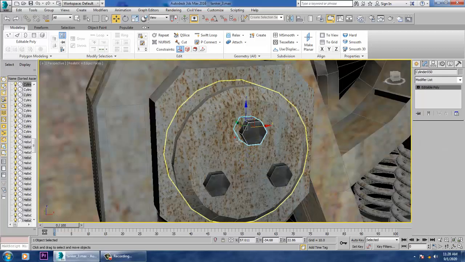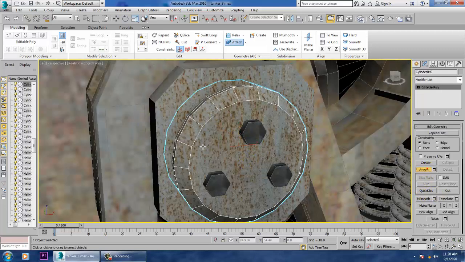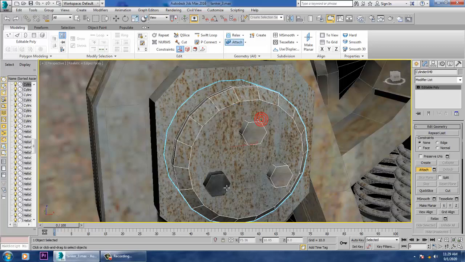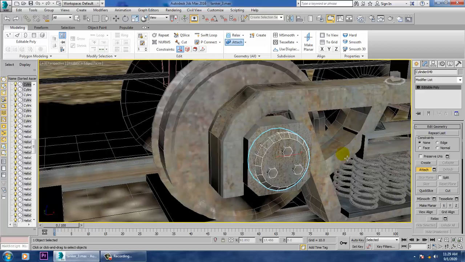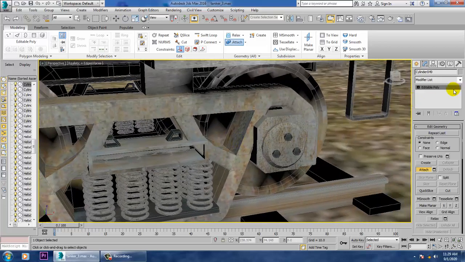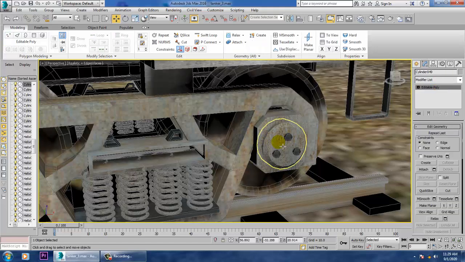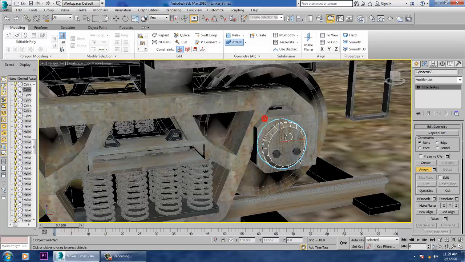Select this again, and attach this. If you're looking to animate it, I'll show you how you animate such kinds of vehicles. So again, select this, attach this first all.